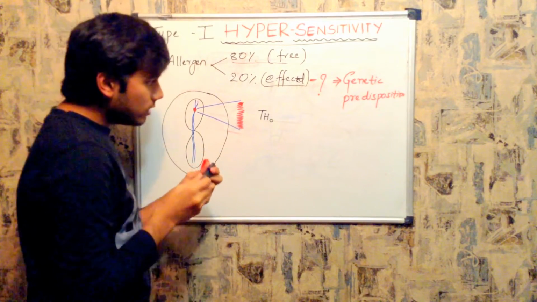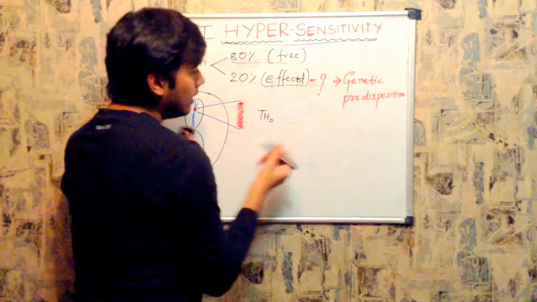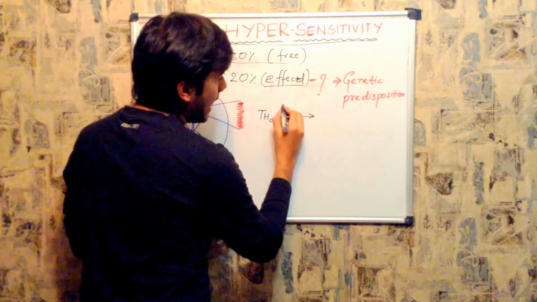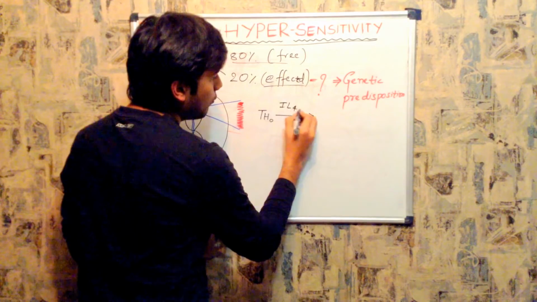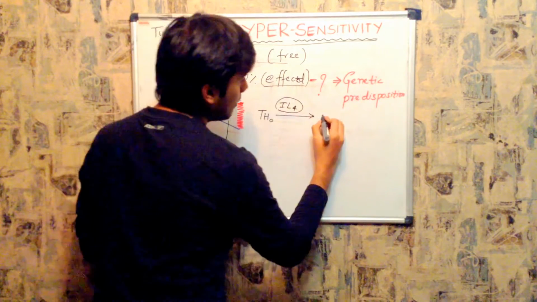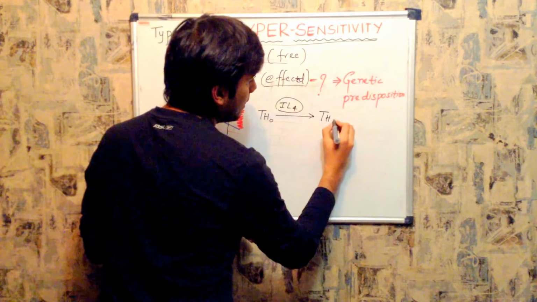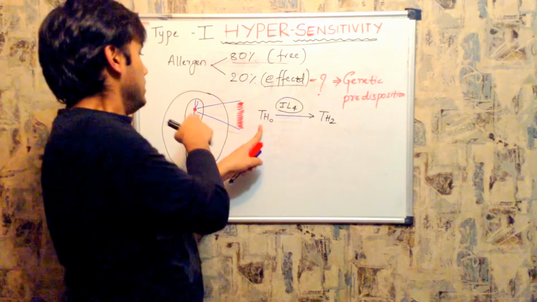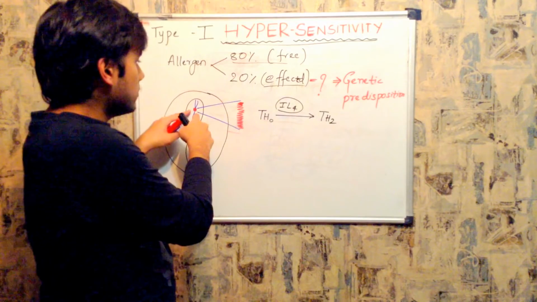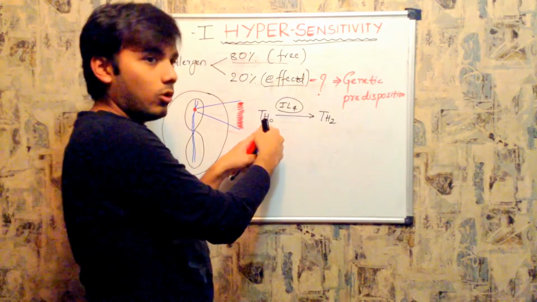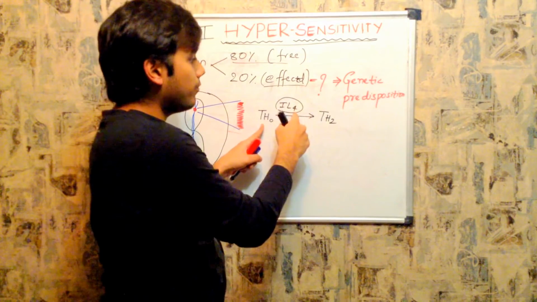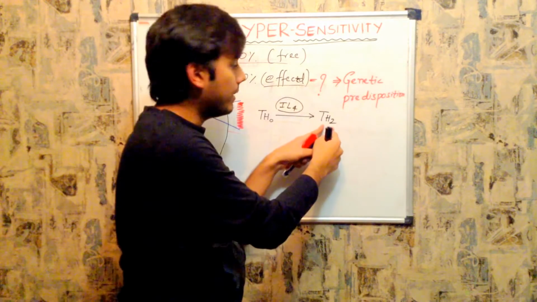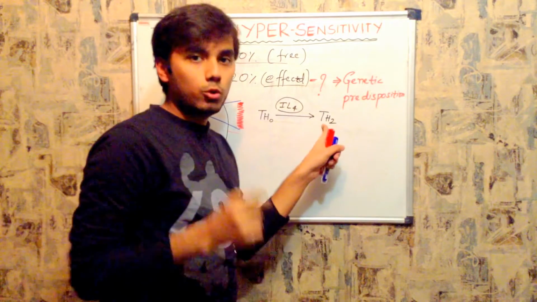Now this T helper 0 or naive cell, by the action of interleukin 4, gets converted into T helper 2 cells. This T helper 2 cell